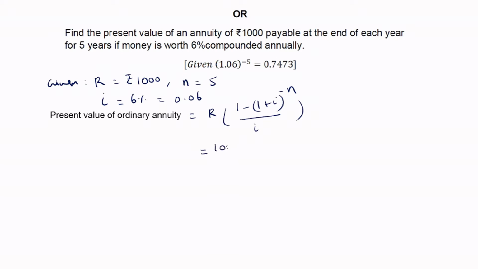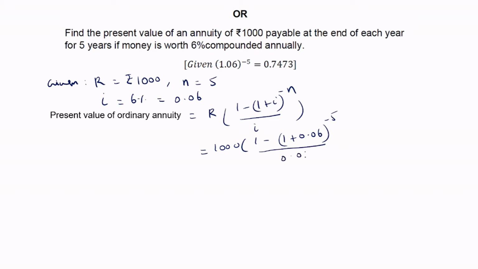We just have to substitute the values. And here (1 plus I) the whole raised to minus n will be 1.06 the whole raised to minus 5. The value is given directly here. So it is 1 minus (1 plus 0.06) the whole raised to minus 5